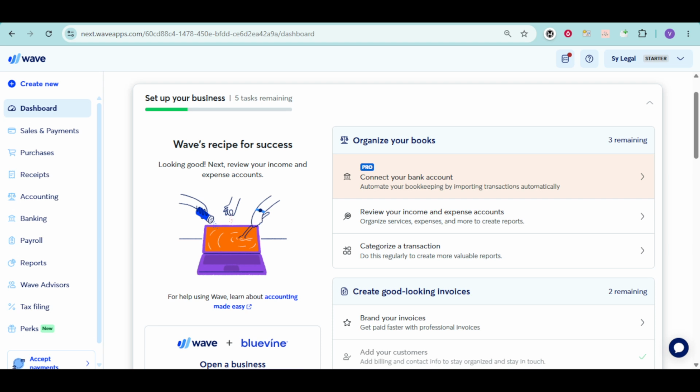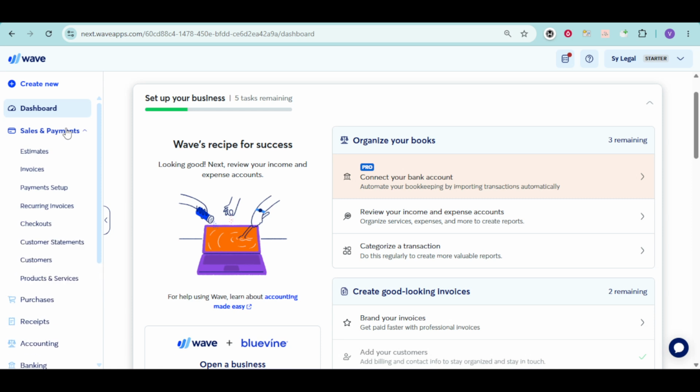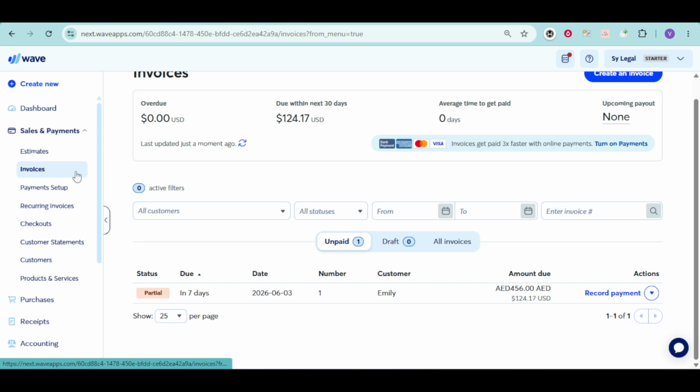First things first, you'll want to navigate to the Sales section in Wave. Depending on your version, this may be labeled as Sales or Sales and Payments. Once there, look for the drop-down tab and select Invoices. This is where all your sales transactions are neatly listed, allowing you to choose which invoice you need to update